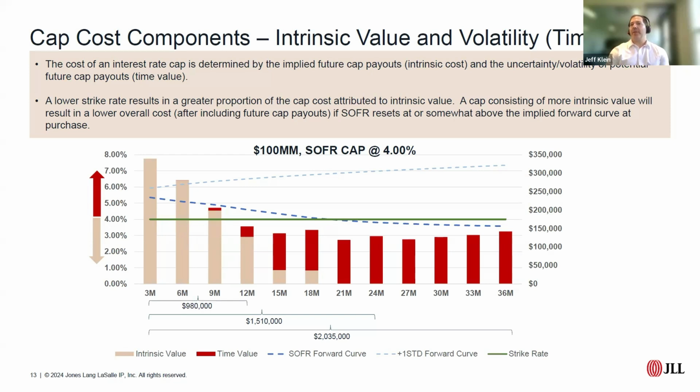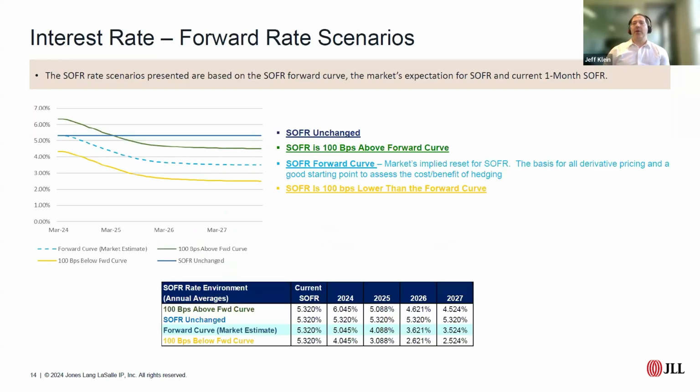And I want to try to find the bank that also has the lowest dotted light blue line. That's what the auction process is effectively doing if you look at it visually. Now, this is just interest rate caps. Obviously, there's other hedges. So one of the things that we do to help analyze a variety of different hedges